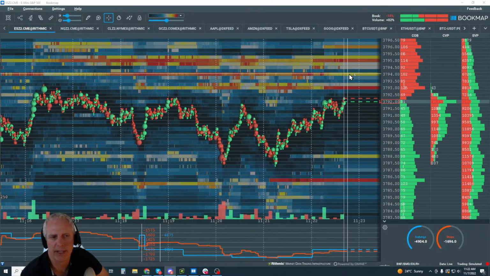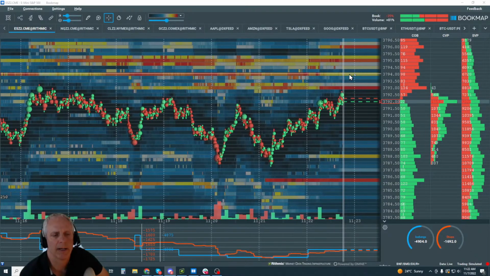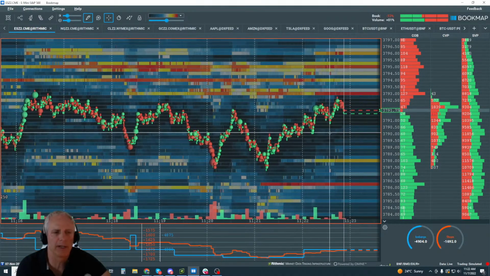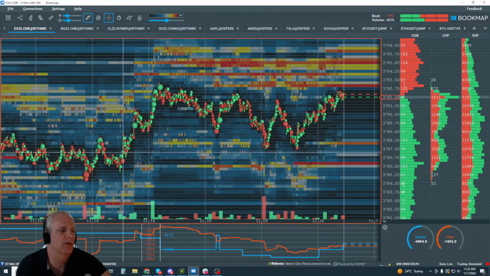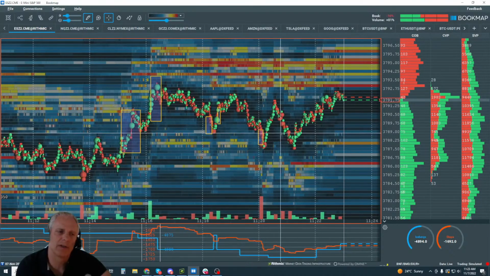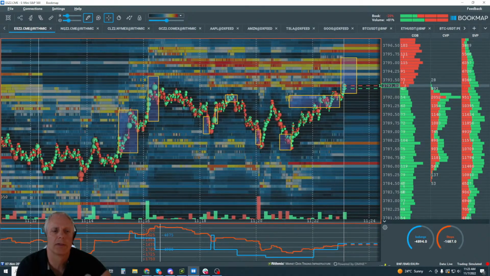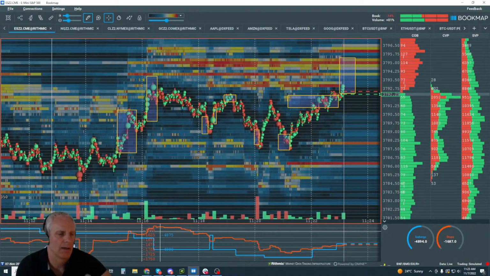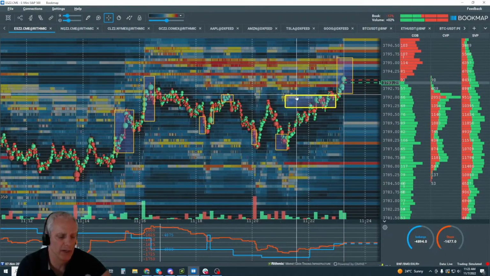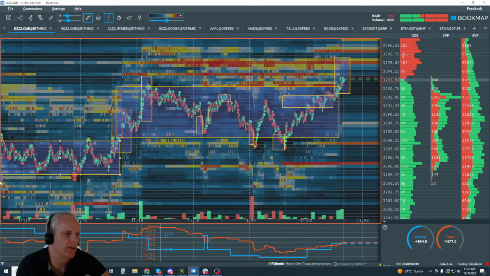Wyckoff patterns, this kind of idea of distribution and accumulation. Accumulation in this sense here, where is it? Who's in control? We've talked about this so many times, but it really does matter. Look who's in control. Buyers. Some sellers here, but buyers here. Some sellers here, some sellers here. But if we get enough buyers up in here, we're looking for this. It's due to the accumulation in this big zone in here, or the accumulation in this zone here.